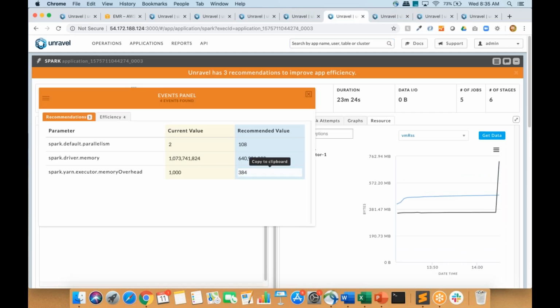make their applications run faster, one other continuous theme is that, if applications fail, it takes me a long time to figure out what was the cause of the failure and how to make sure that it runs successfully and doesn't fail. And basically the key to that is that